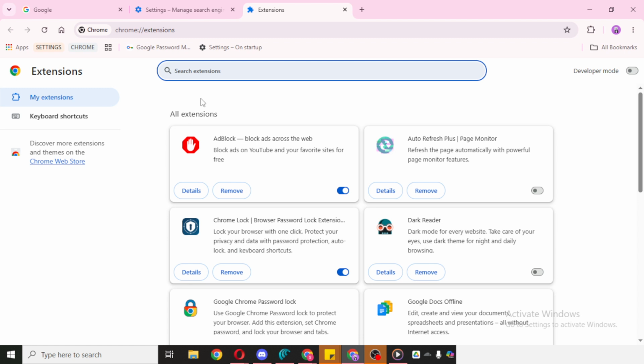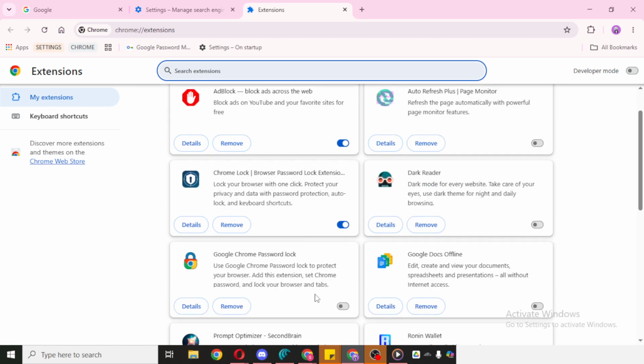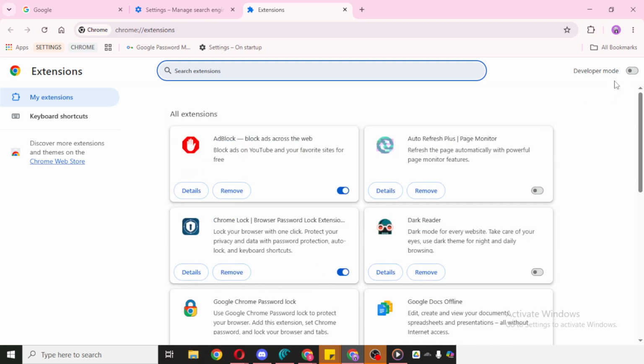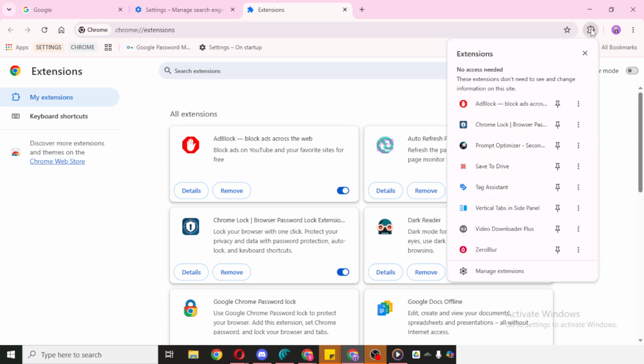Now, once your extension is already installed and available in Chrome, it may be pinned automatically. If that happens, you'll be able to see its icon directly in the toolbar at the top right area of your browser. That means it's already easy to access, and you can simply click the icon whenever you want to use that extension. If you want to check it, just look at the toolbar and see whether the extension appears there. This is especially helpful if you use the extension often and want one-click access without having to search for